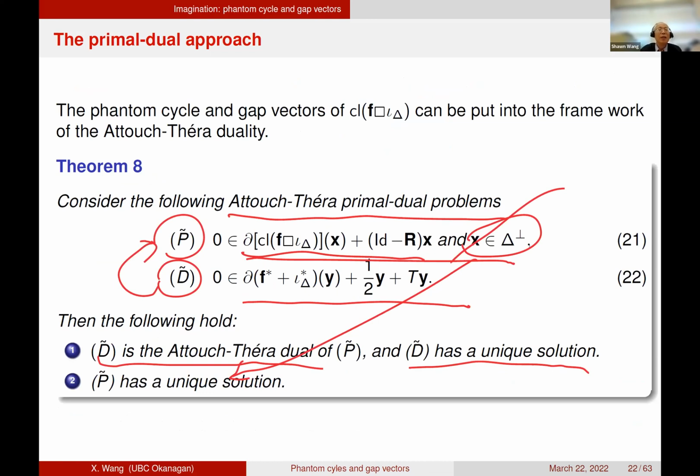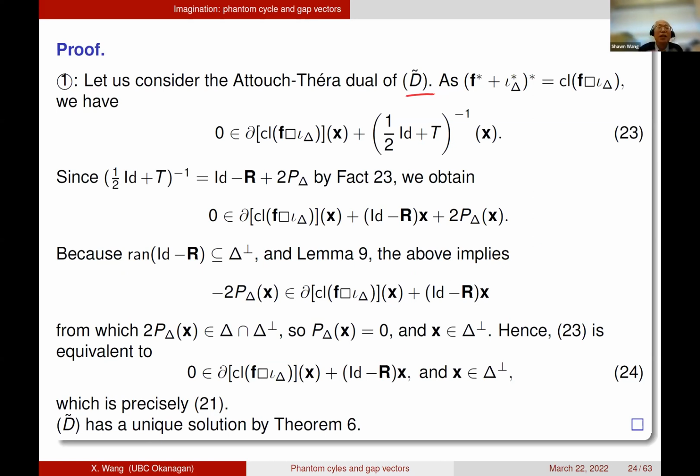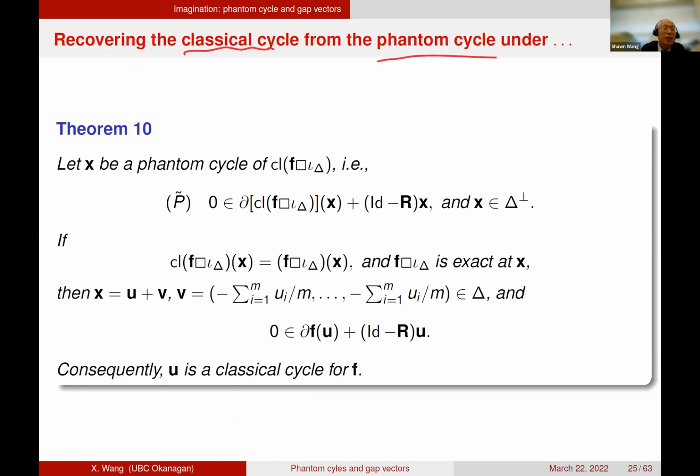Now, how does this relate to the classical cycle and the phantom cycle? How do they relate? The following theorem, theorem number 1, says: suppose X is a phantom cycle of this guy. Then my X has to be a solution of this. Now, if the infimum convolution is lower semi-continuous at this X, and this guy is exact,